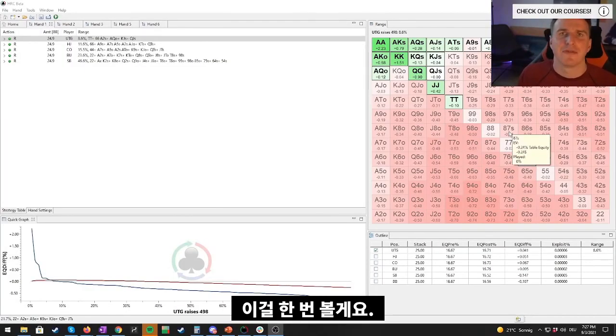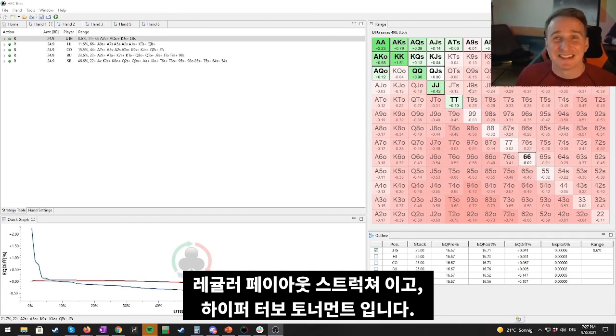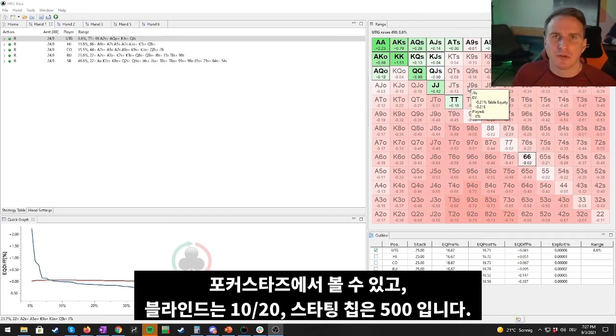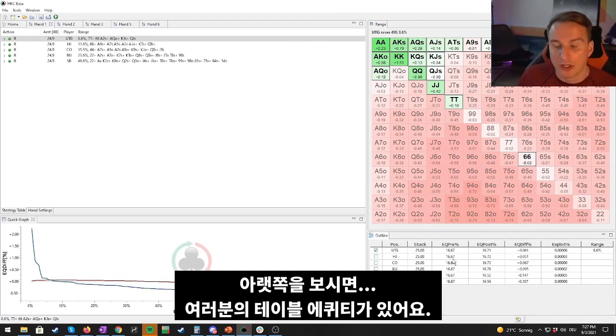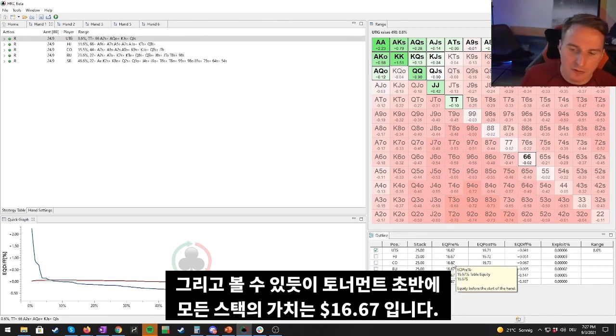So let's have a look at this 6max sit and go, regular payout structure. It's a hyper turbo tournament as we see it on PokerStars, blinds 10-20, starting stacks 500. You see on the bottom right your table equity. This is going to be a $100 prize pool, $65 for first, $35 for second. And as you can see, at the start of the tournament, all of the stacks are worth